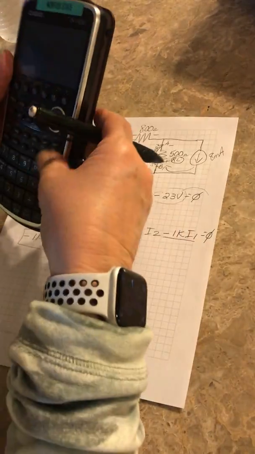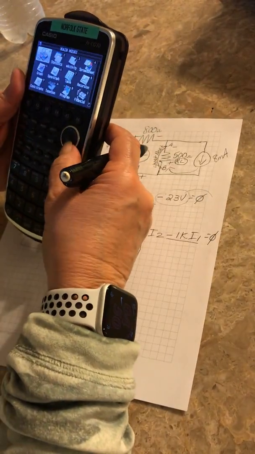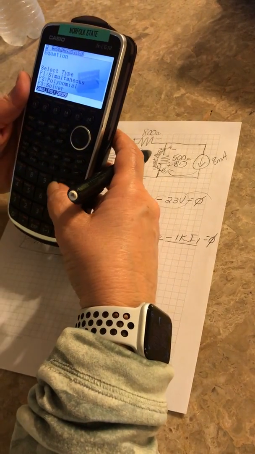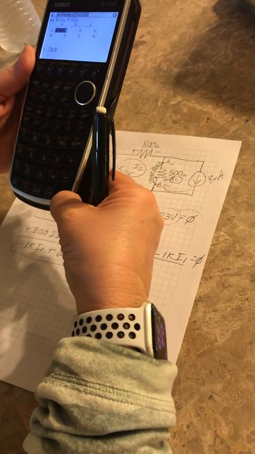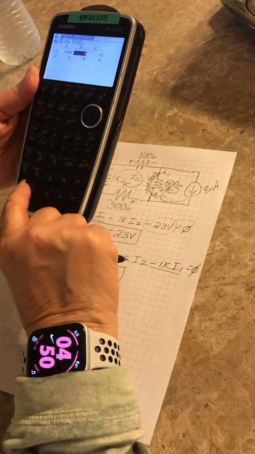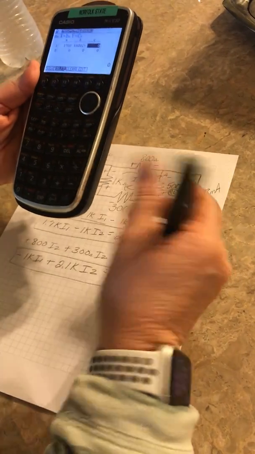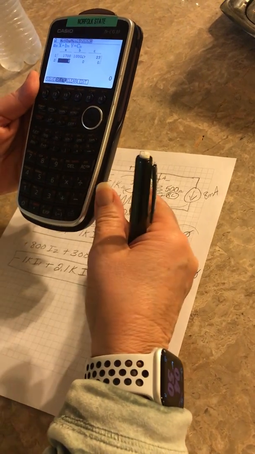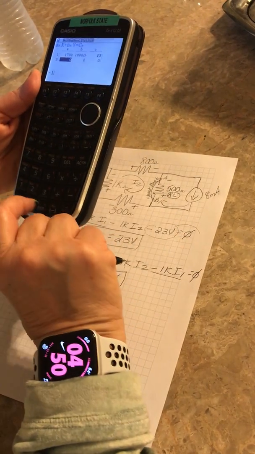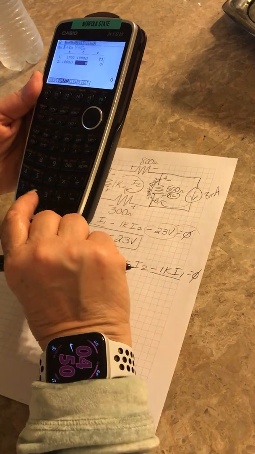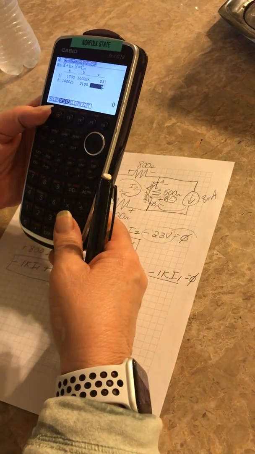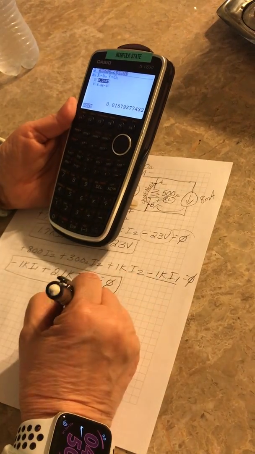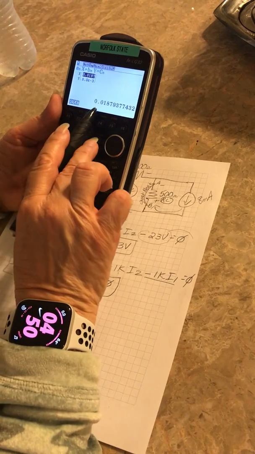So let's try that. This is a different calculator than you guys are used to, but I'm going to show you on mine. Simultaneous, there's two unknowns. The first one is 1.7K, negative 1K, 23 volts. We have negative 1K, 2.1K, and 0. We press solve,